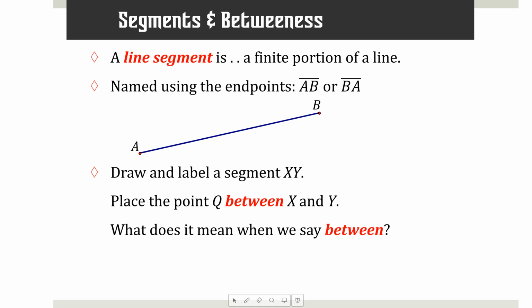It just says in between, not in the middle. Ooh. It has to be in between. So it could be closer to X or closer to Y. Yeah. Doesn't matter where it goes. No, as long as it's between. Did anybody put Q off of the line segment? Okay, because it doesn't say it has to be on XY, but you all chose to put it on XY? Oh, it says between, it doesn't say on the line segment. Okay, but you all did it correctly.